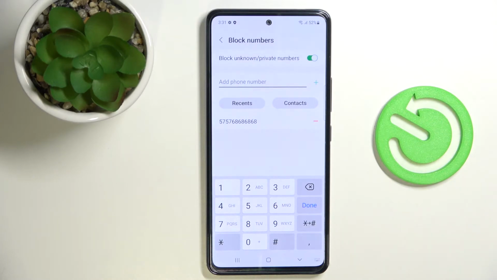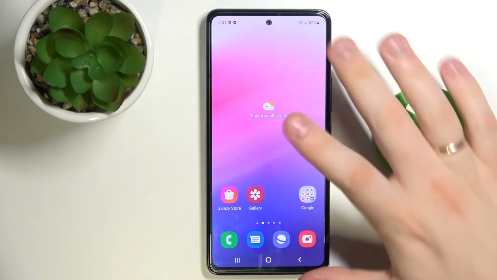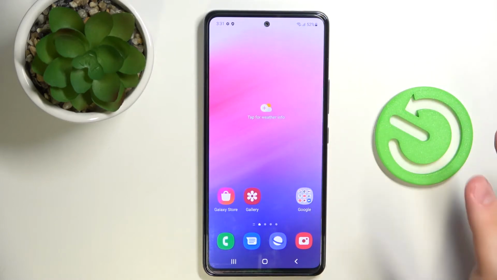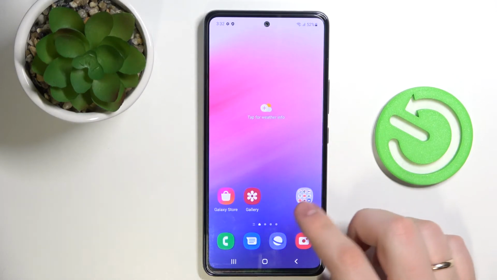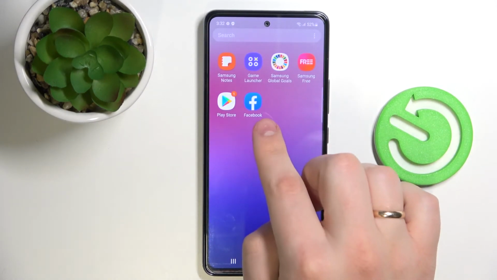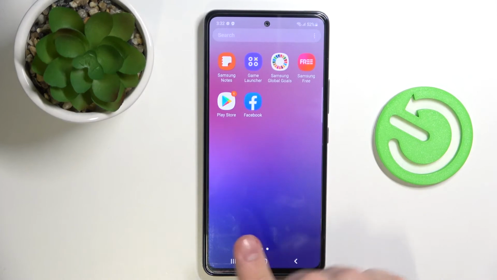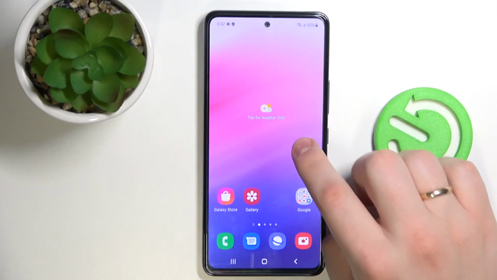And the last but not least will be the tip on how can you hide the apps on this magnificent phone. So for example, if you are having exams soon and you need to study real hard, but you get distracted all the time by, for example, some social media apps, you can go ahead and hide them so you will not stumble upon them. Let me show you real quick. So as you can see, I have a Facebook app right here. In order to hide it, I need to